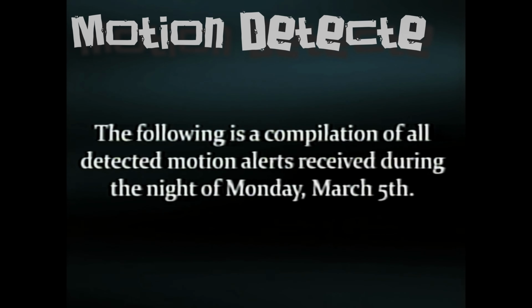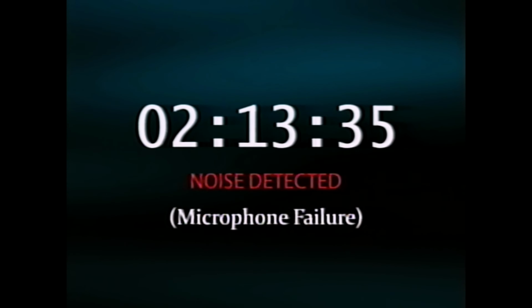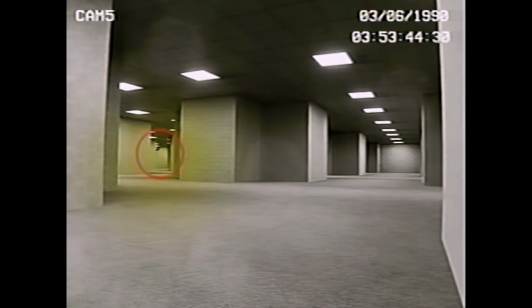7 cameras were set up to detect the motion or sound coming from the area. March 5th on a Monday night, 7 alerts went off, starting with motion detected from 3 researchers passing by a camera. It then went on to motion detected from the 3 researchers returning from where they were going, motion detected from the supervisor passing by a camera, sound detected from the portal's barrier closing, noise detected coming from the background, noise detected due to a faulty microphone, and finally motion detected with no description at all. This is probably due to the fact that there is a mysterious thing moving on the side of the screen that no one has any idea what it could be.